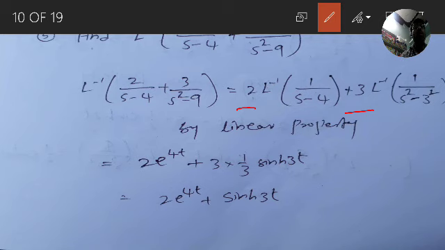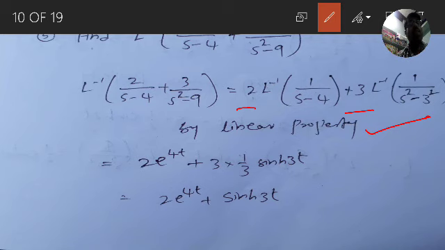It is 2 into L inverse of 1 by s minus 4 plus 3 into L inverse of 1 by s square minus 3 square. By linear property, we are taking constants outside of inverse Laplace transforms. Now use the formula: L inverse of 1 by s minus a is e power of at. Therefore, L inverse of 1 by s minus 4 is e power of 4t. L inverse of 1 by s square minus a square